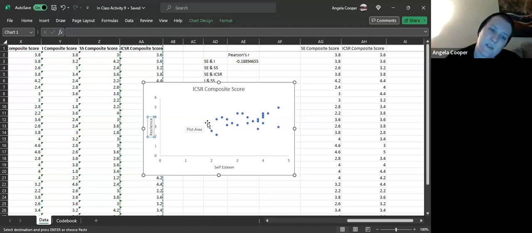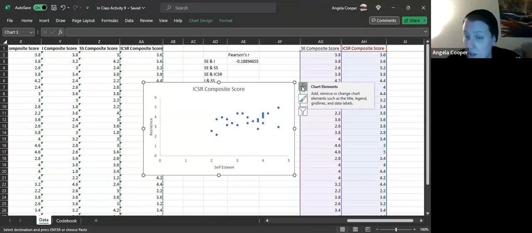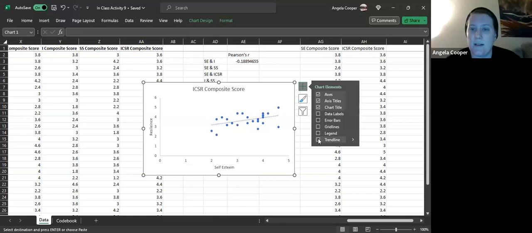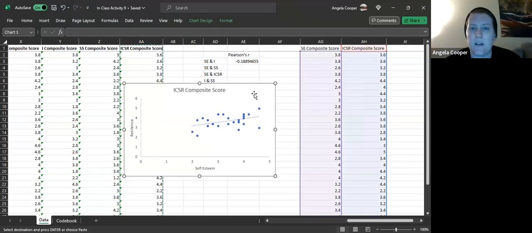Okay. So there we go. Now we can start finding the linear regression equation. To do that, we're going to go to add chart elements and add a trend line, the line of best fit here. If this little green plus sign doesn't show up on yours, you